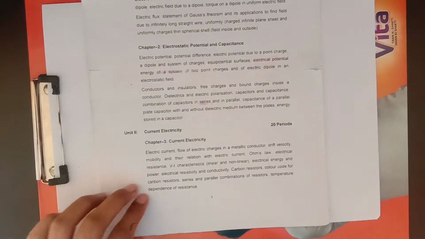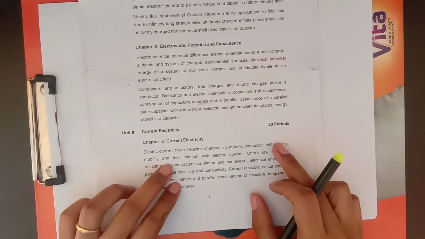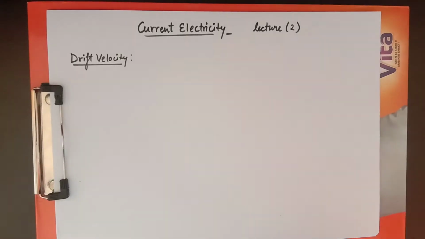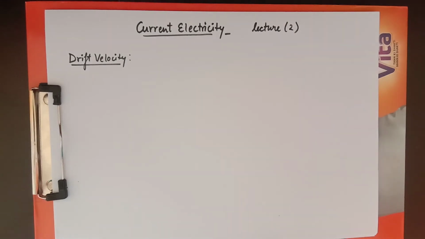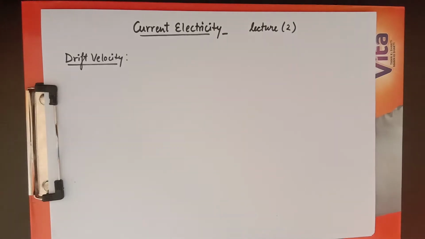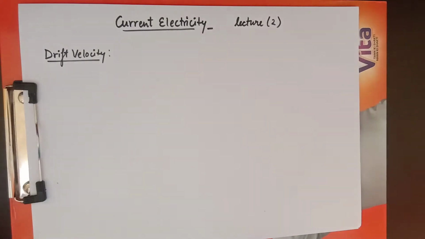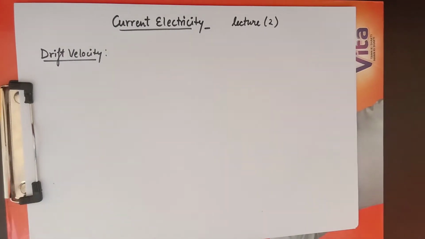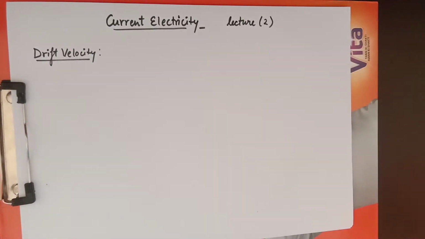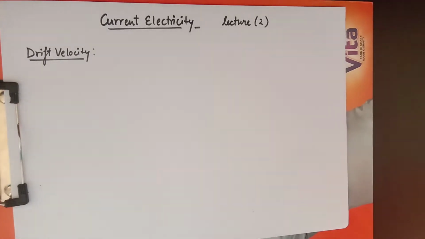So in today's lecture we are going to study the drift velocity, what is drift velocity, the mobility and their relation with electric current. First we will see what is drift velocity, how it is different from thermal velocity, and after that we will derive an expression for drift velocity. So as you know, in a conductor there are free electrons. We saw that there are free electrons which are called current carriers in conductors. So these electrons keep on moving in that conductor.